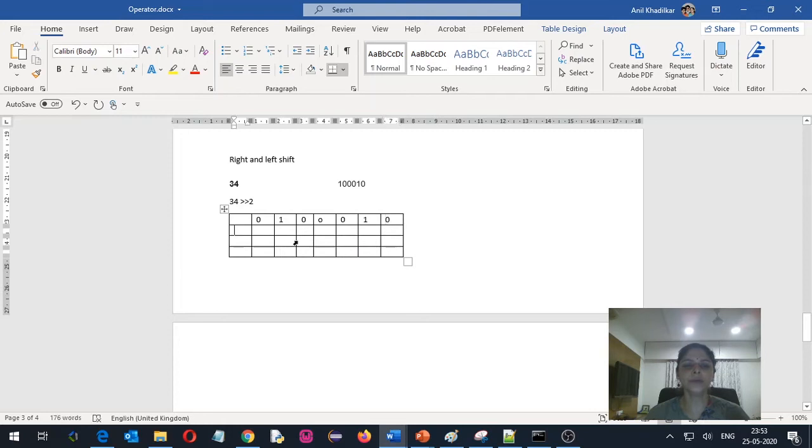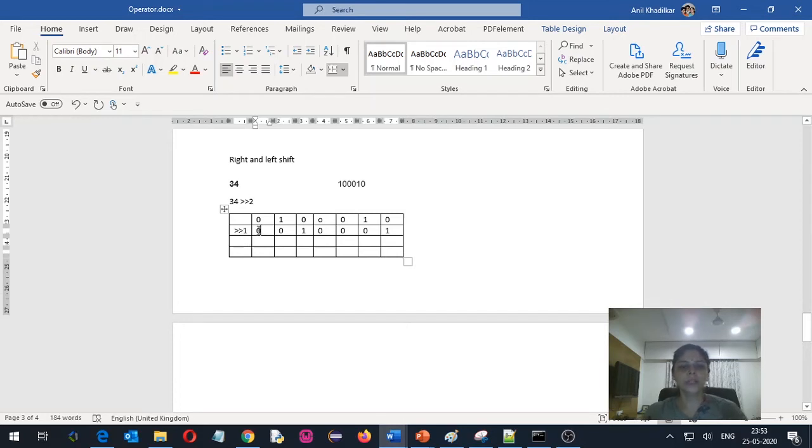1 will get shifted into the units place, 0 will get shifted into the tens place. So if I perform right shift 1, the first right shift, what will happen is 1 will come here, then 0 will come over here, this 0 will come here, this 0 will come here, this 1 will get shifted here, and 0 will get shifted here, and one more 0 will get added at this particular position.